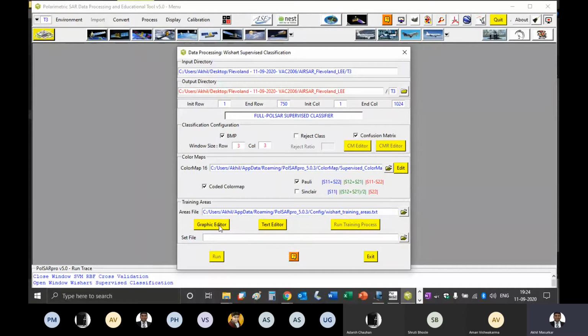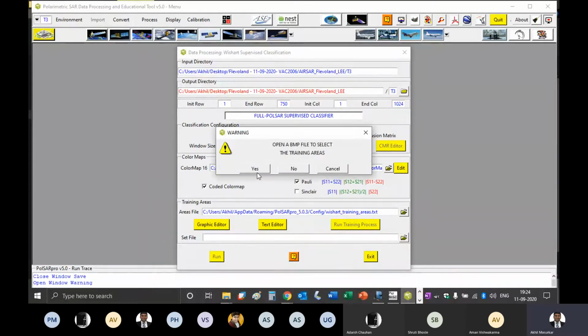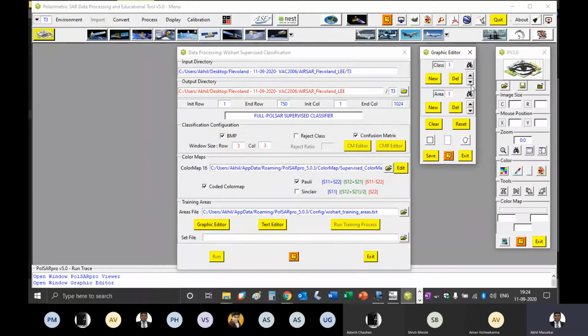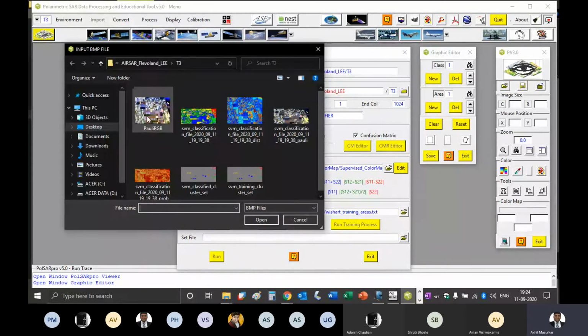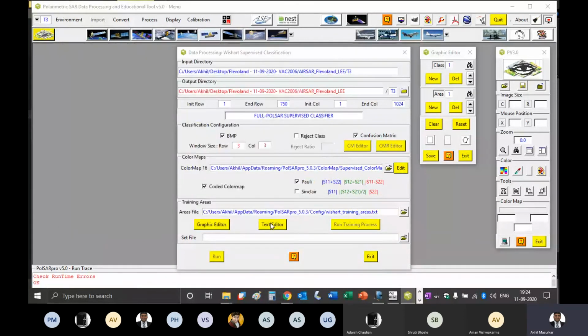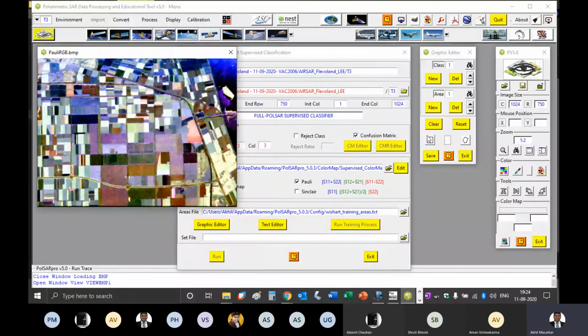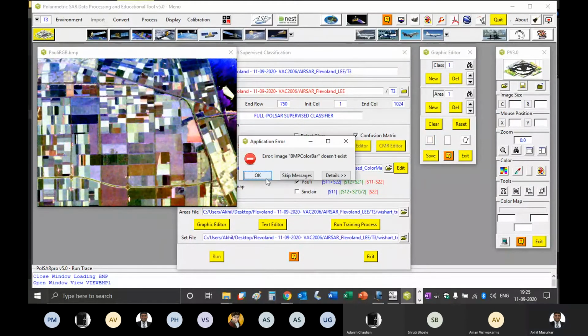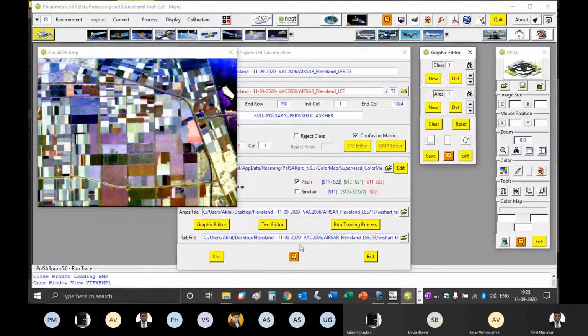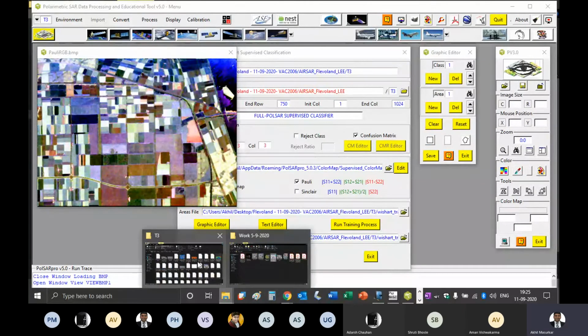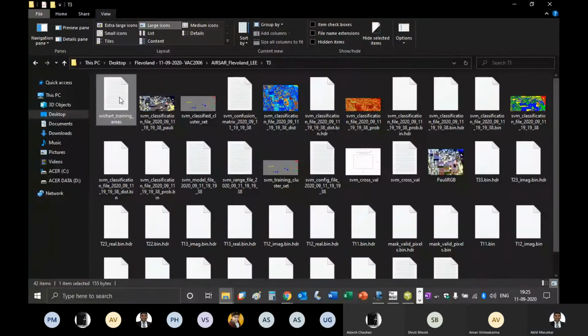Now I'll go to graphic editor, say yes, then I'll say open, then I'll say poly RGB, then I'll say open, then I'll choose this rectangle selection and just say save. Once I do that, just a blank file appears here.